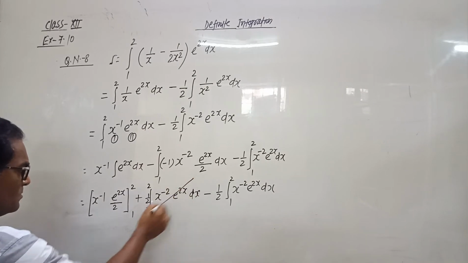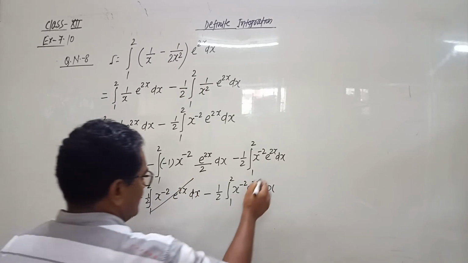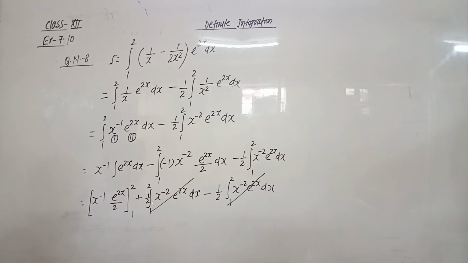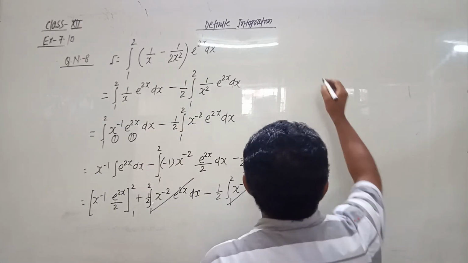So this is plus and minus, like terms get cancelled and we get I equals to